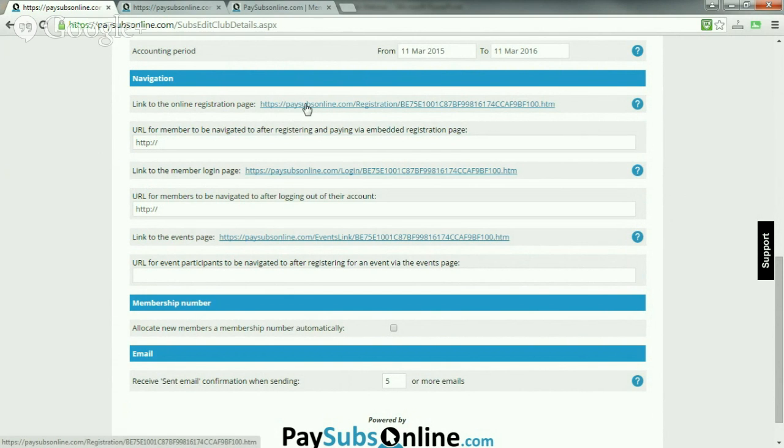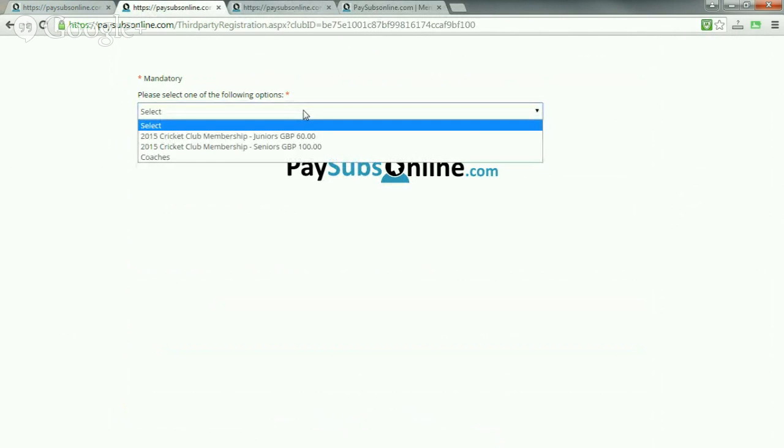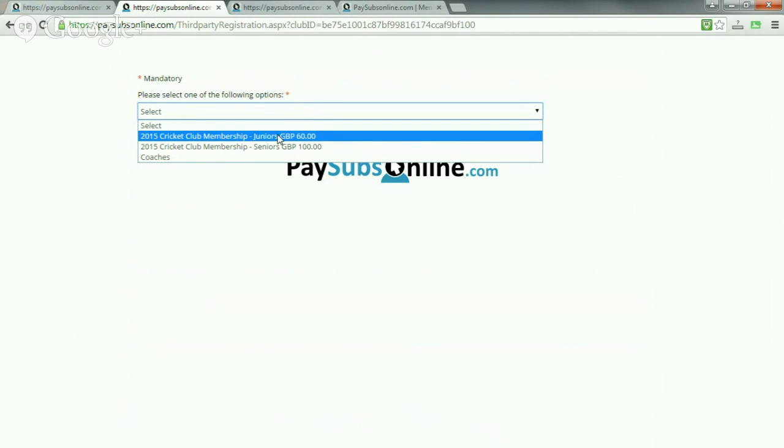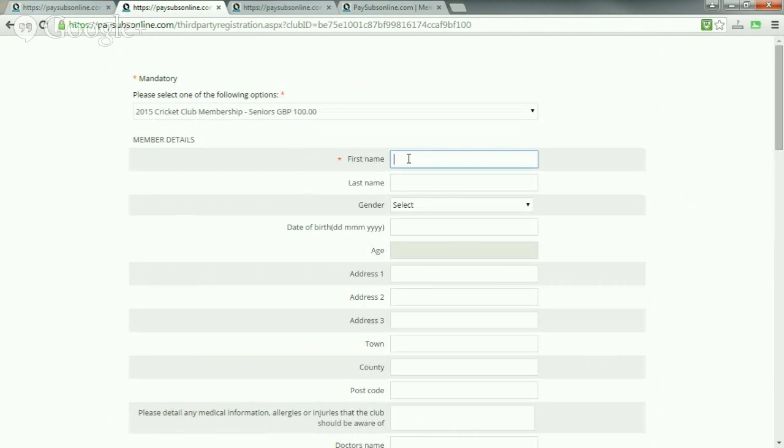So if I click on this registration page here, I would select the membership category I want to sign up for. Let's sign up for the seniors, and I just put in some test info in here, Joe Blogs.